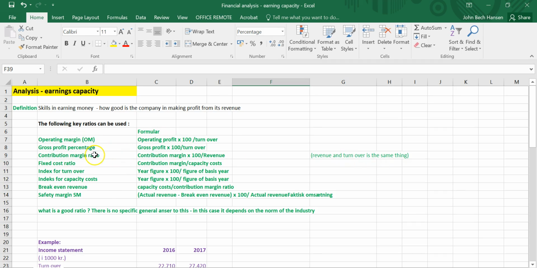So these key figures here are very important when we talk about earnings and earning capacity. These are the things that we want to adjust. And of course, generally we want them as high as possible. However, we must also consider the volume of the turnover. So sometimes we can accept that we go down